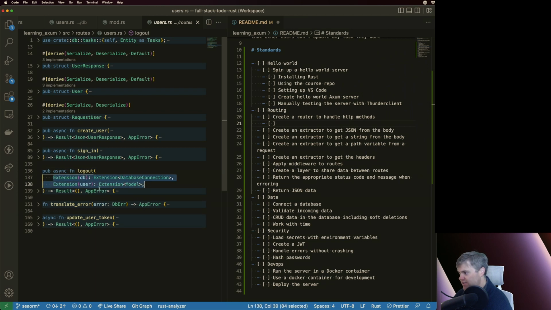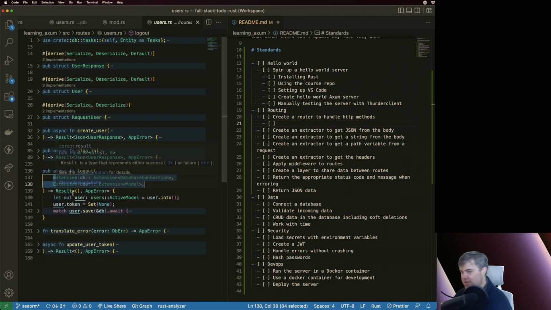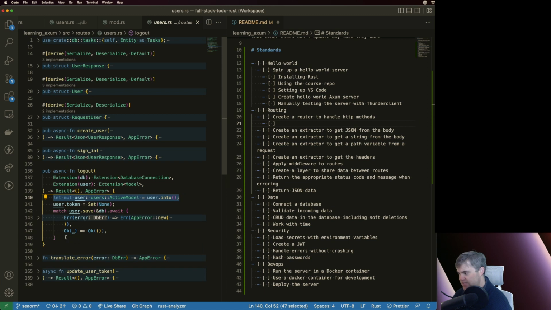Like we have the incoming stuff that we don't really care about. That's very dependency injection-y. We have our users, we do the thing, and then we save to the database. But like what we do with it, so